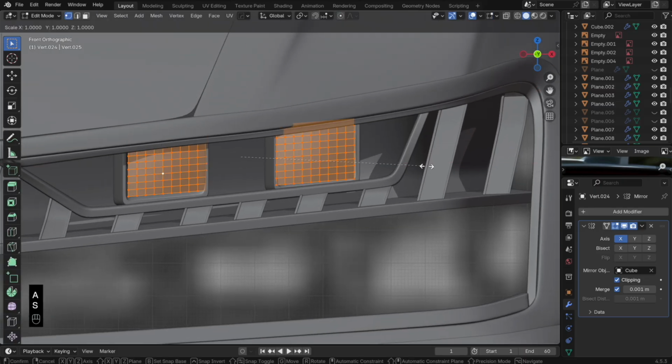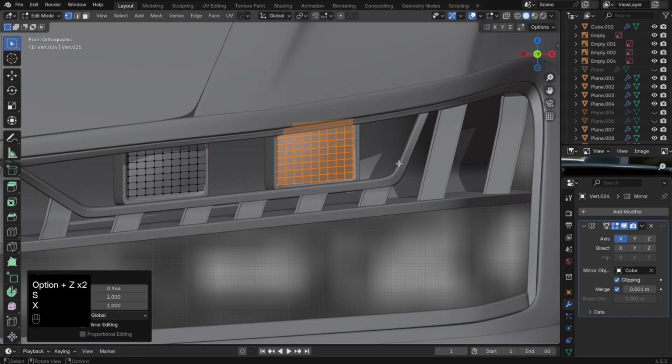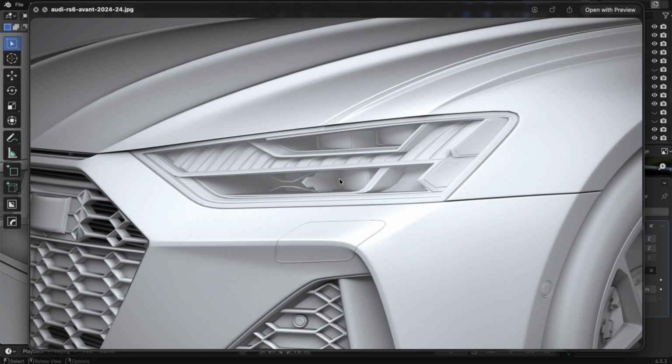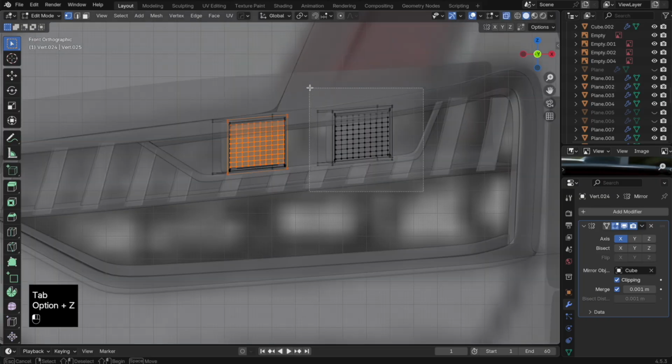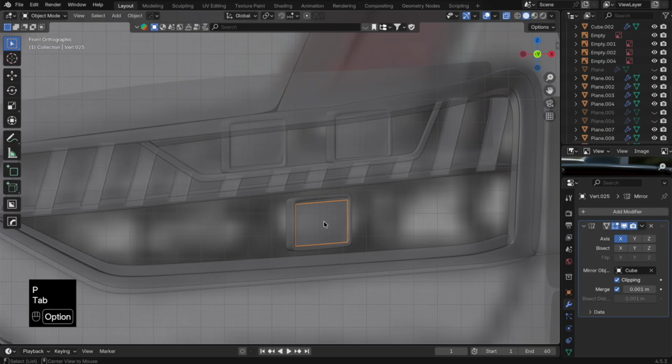Turn off proportional editing, select all, and we can probably scale these down. Excellent. Now below this, there's another one. Well, what it looks like. So if we wanted to, we could actually just duplicate one of these, carry them down, P to separate, and